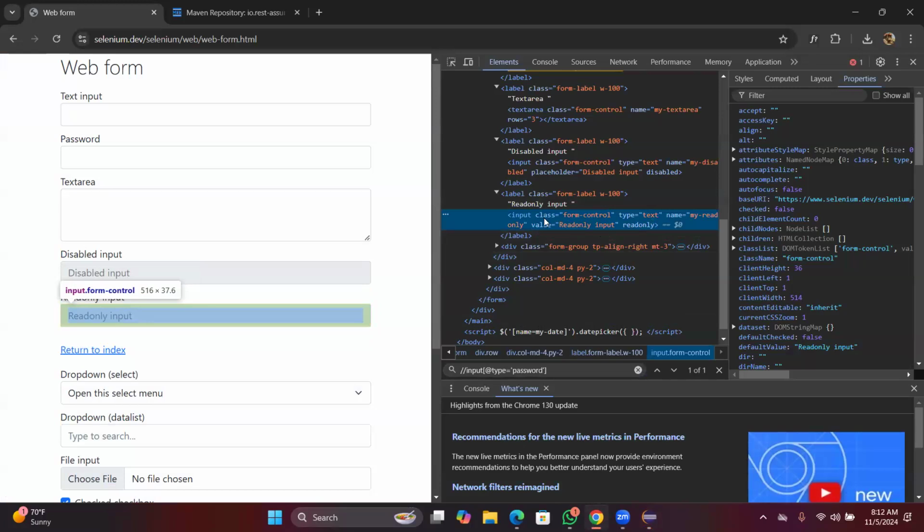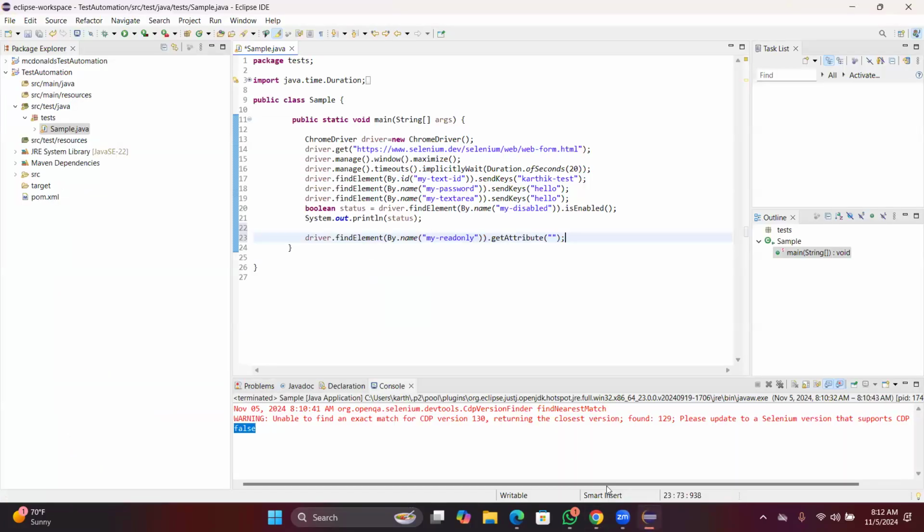Here you see this read only attribute. Get attribute means you can get any attribute here, like class is an attribute, type is an attribute, name is an attribute, value is an attribute. These are all attributes. Read only is an attribute here. So when you say read only,